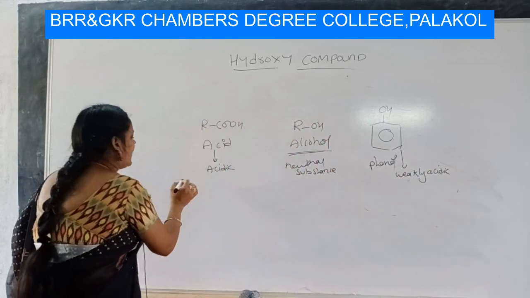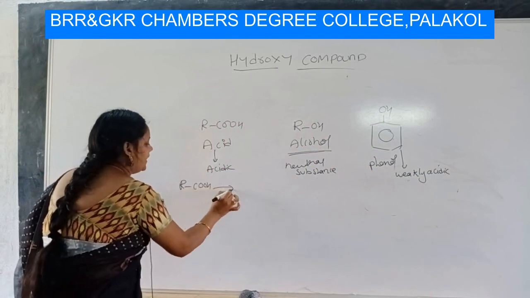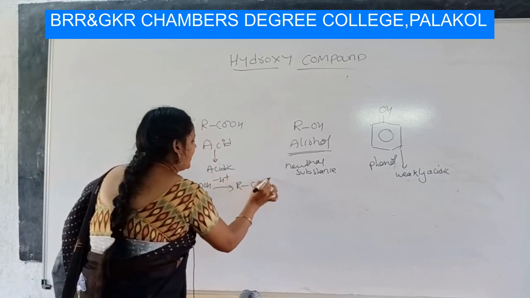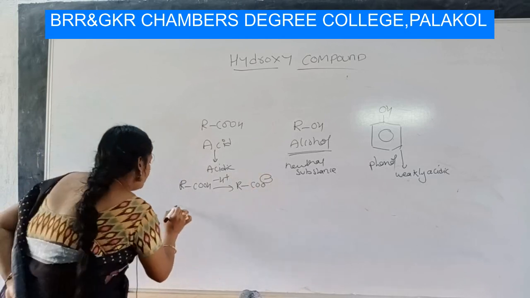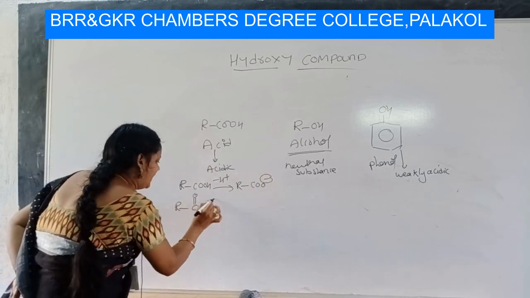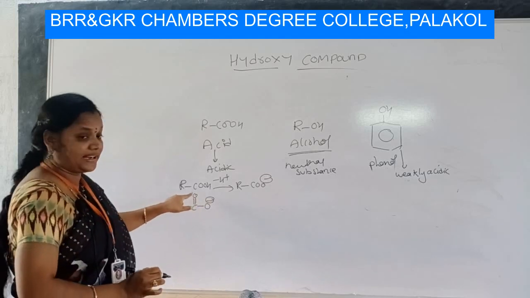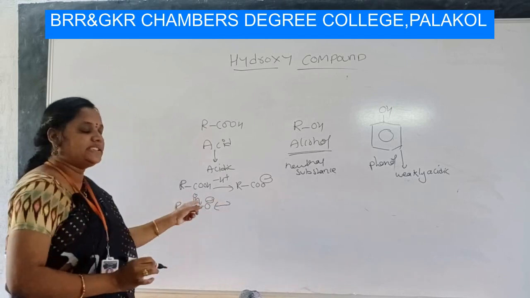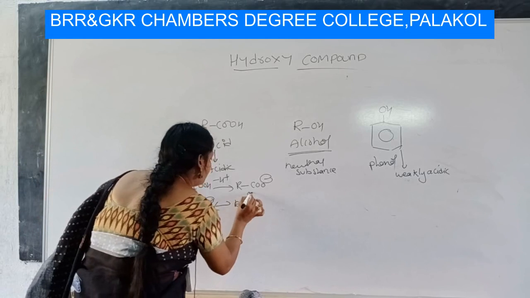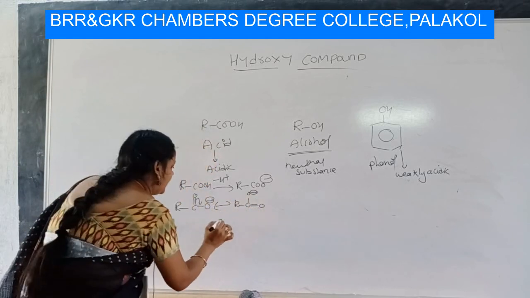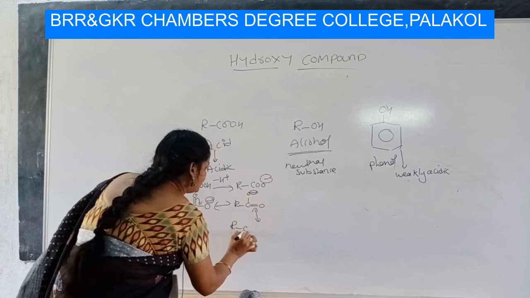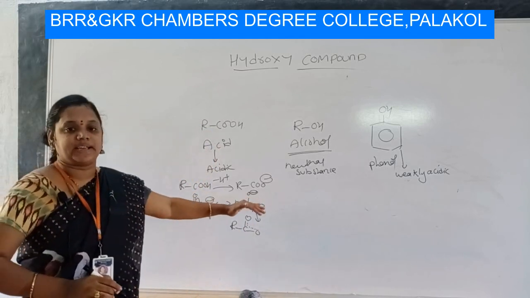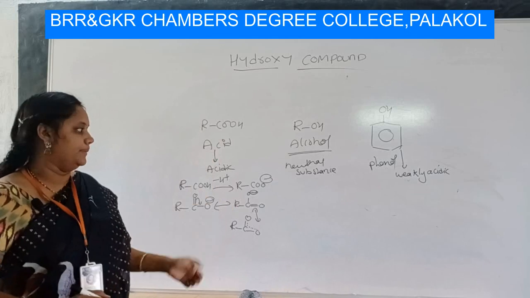If you take carboxylic acid, to become acidic we have to remove a proton. So, minus H plus, you will get RCOO minus. In RC double bond O minus, the minus charge may come onto the other oxygen and the double bond shifts here to form a resonance stabilized structure. You will get RC(O minus) double bond O, and overall the structure will be RCOO minus. Resonance stabilized structures are formed when the proton is removed.